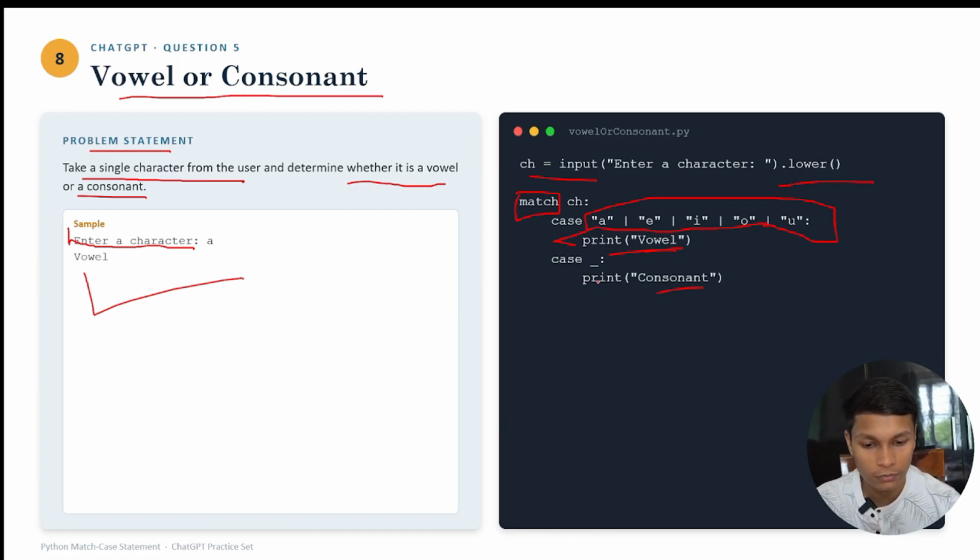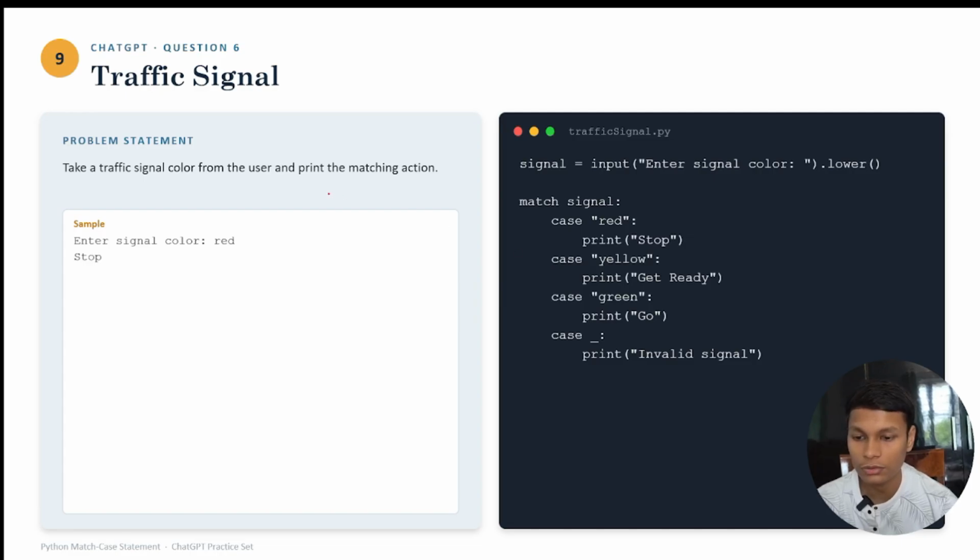After that we are going with this case, which is the default case. So by default consonant will be printed. If it was not anything between these, then simply you can say that the character is a consonant. There are only two things, vowel and consonant, so that's why we are using this. Okay, done. Next question,